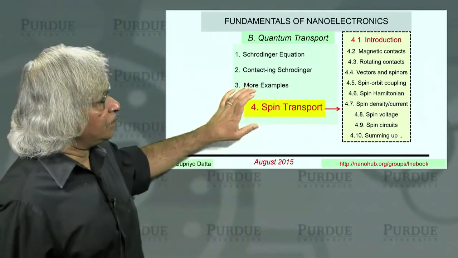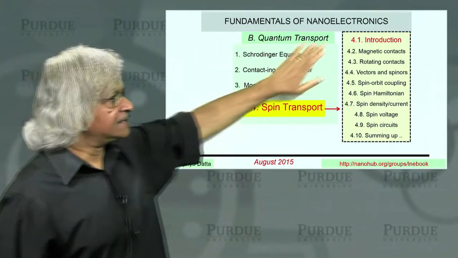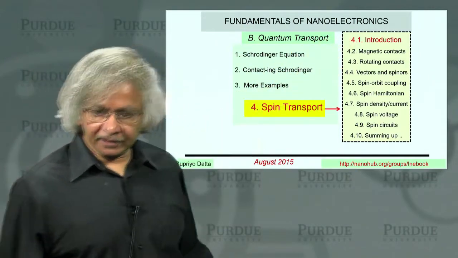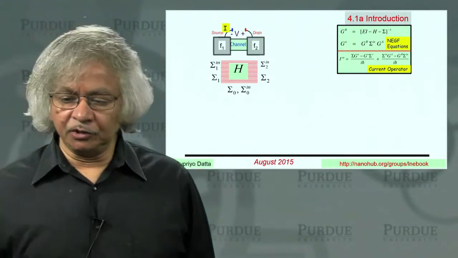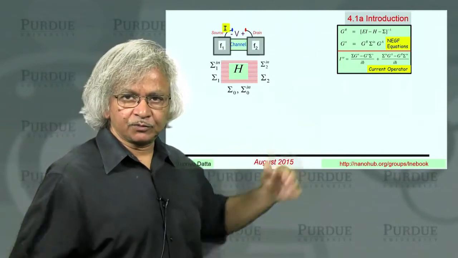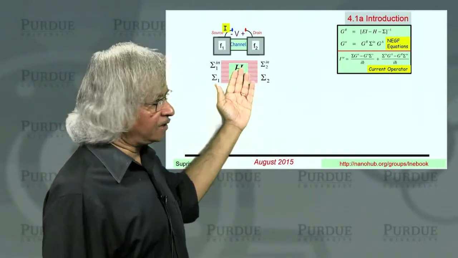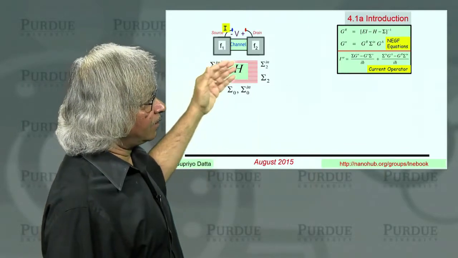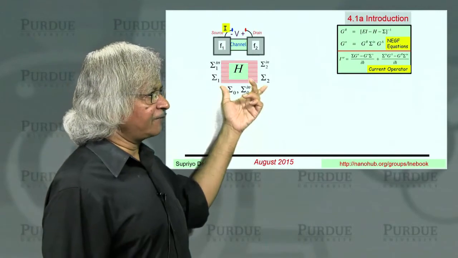Welcome to Unit 4 of our course on quantum transport. This is the first, the introductory lecture. Now, as you know, in the last 3 units, we have developed this general approach for quantum transport problems. The basic input is this H describing the channel, the sigma 1 and sigma 2 describing the 2 contacts. And if you have that, you can